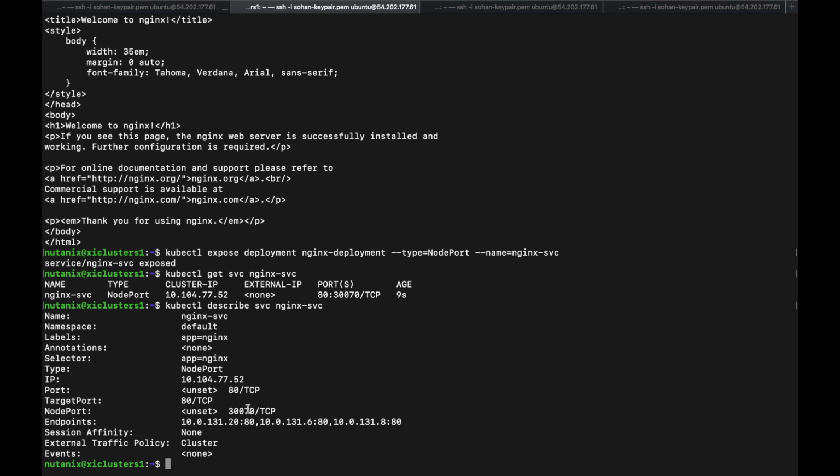Whatever comes to this port will be forwarded to one of our pods. So for this, we'll need to create a load balancer and load balance it across our worker nodes, with this port as our target.